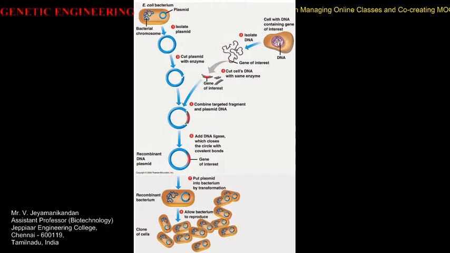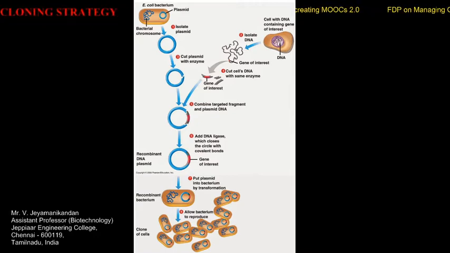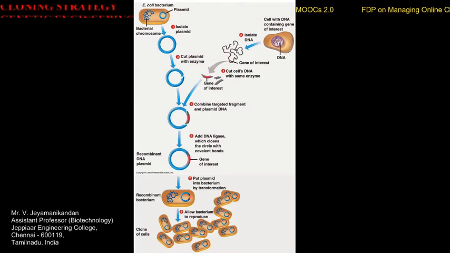After digestion, you have to run an agarose gel electrophoresis in order to separate an average size of fragments of your genomic DNA as well as the restricted plasmid DNA. After agarose gel electrophoresis, by using any one of the elution methods, you can elute your desired DNA from the gel. Then the next step is ligation.